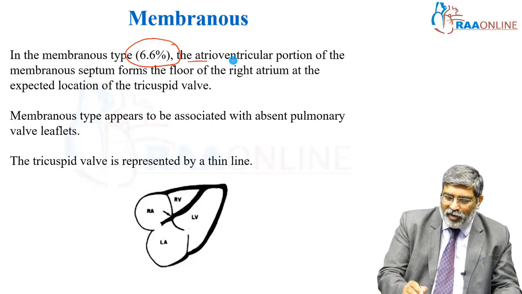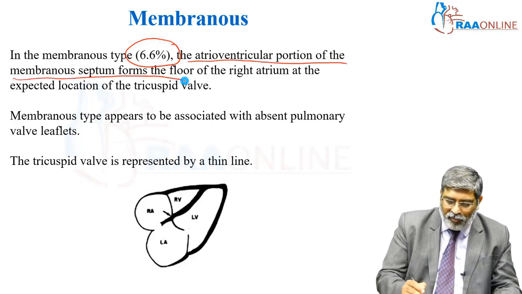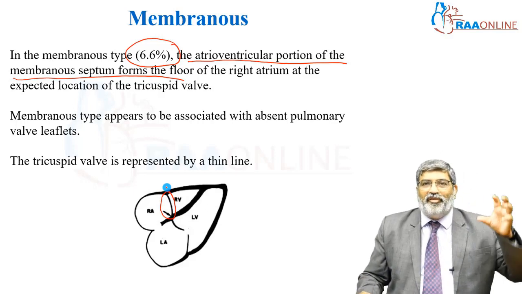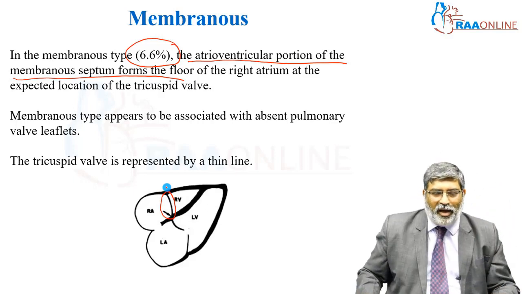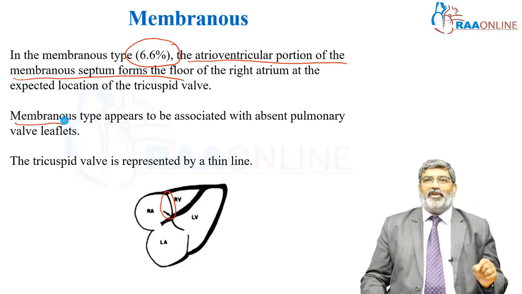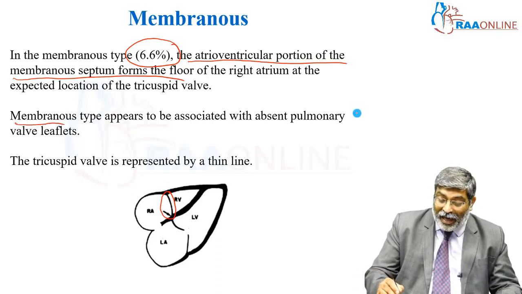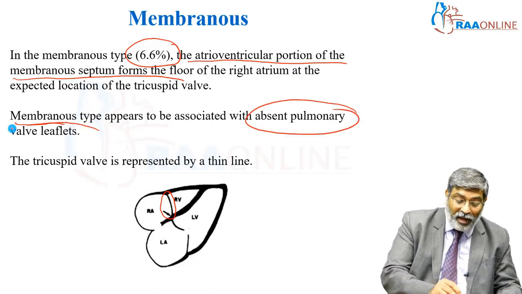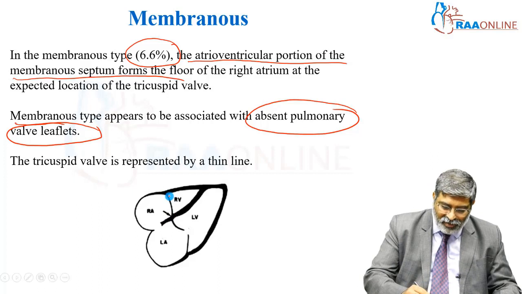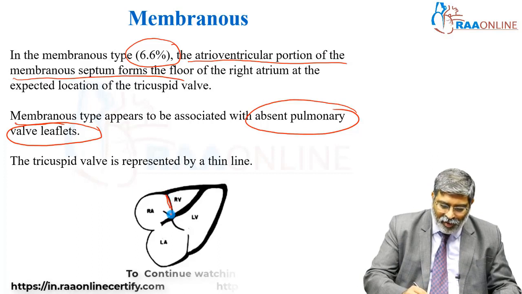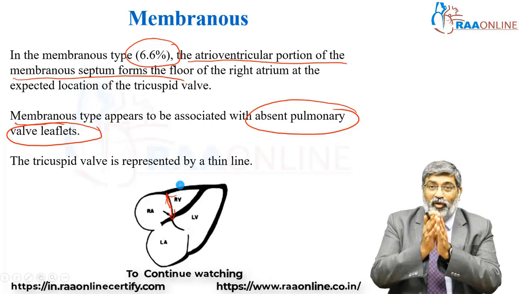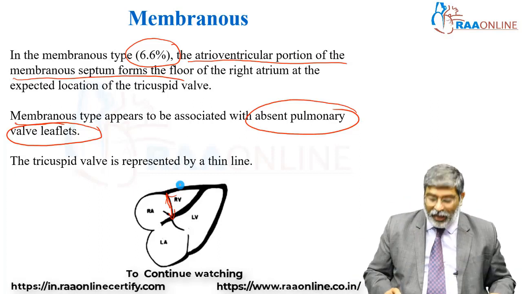Now coming to the membranous type, it accounts for 6.6%. Here the atrioventricular portion of the membranous septum forms the floor of the right atrium, where the expected tricuspid valve is supposed to be. Most of the time, this membranous type is associated with absent pulmonary valve leaflets too. Here, the tricuspid valve is represented by a thin membranous line. In muscular, it is going to be a thick fold. Here, it is going to be a thin line. Coming to